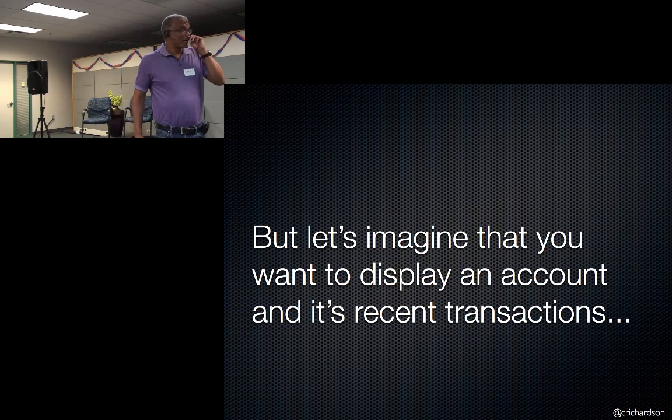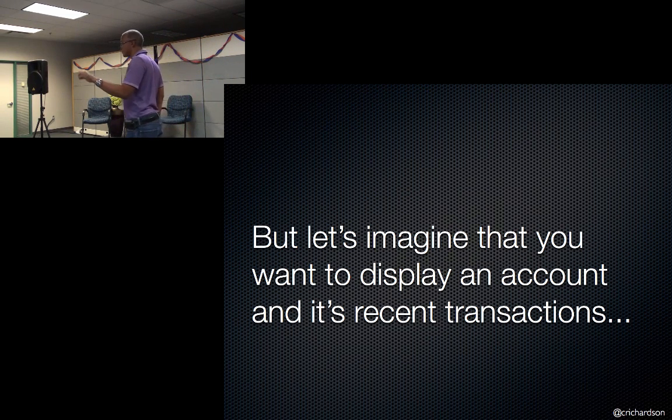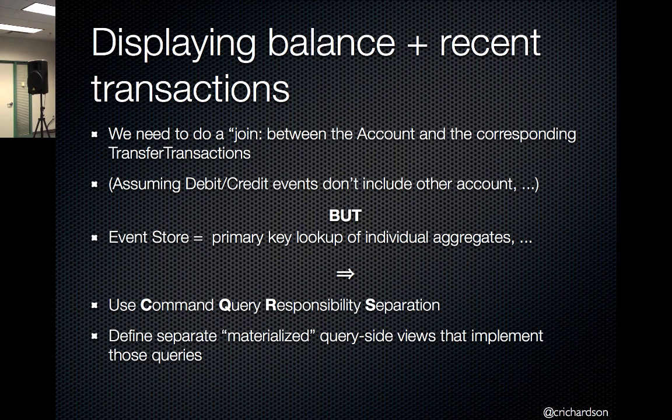But then the other complication is that the event store only supports primary key-based lookup of entities. So if you want to do effectively joins, you end up having to maintain separate views of the data and writing code that denormalizes the stream of events coming in and updates these denormalized views of the data that you can then query